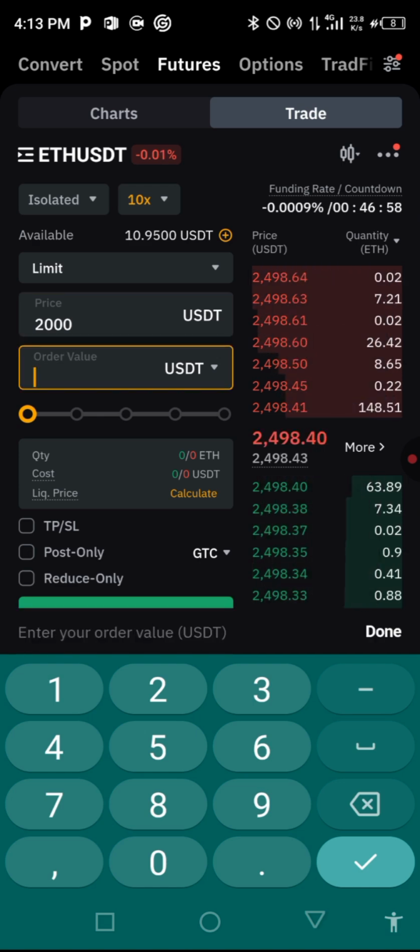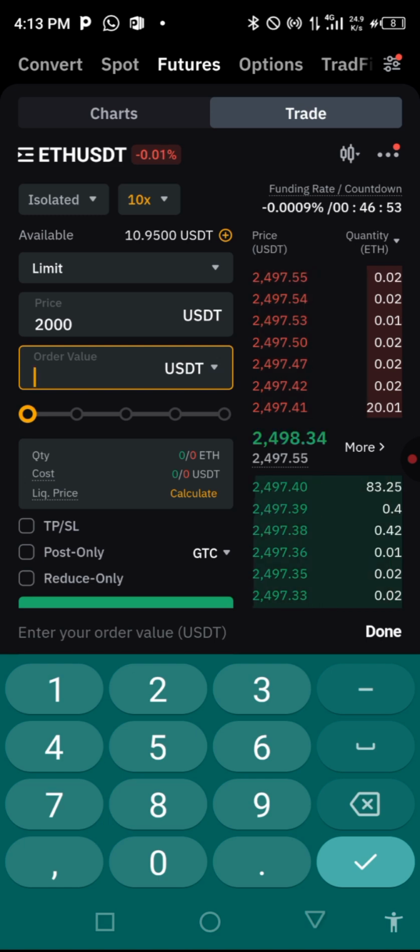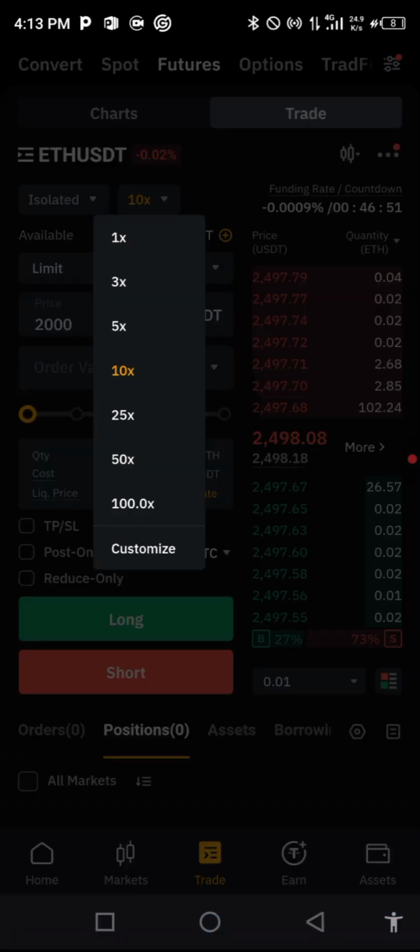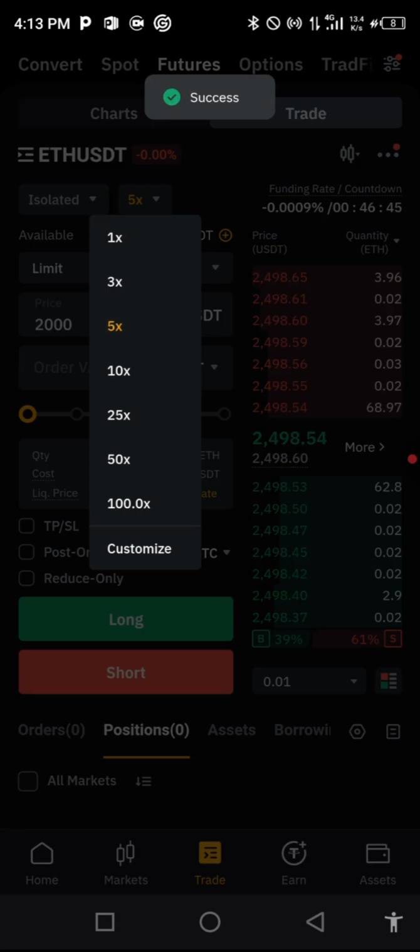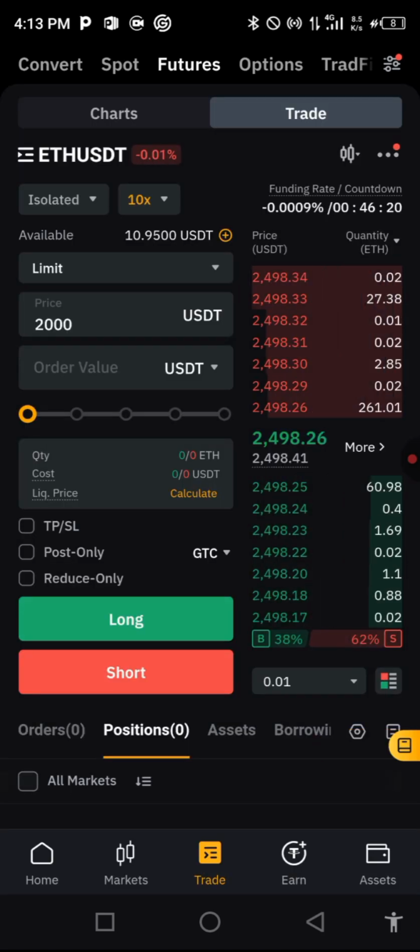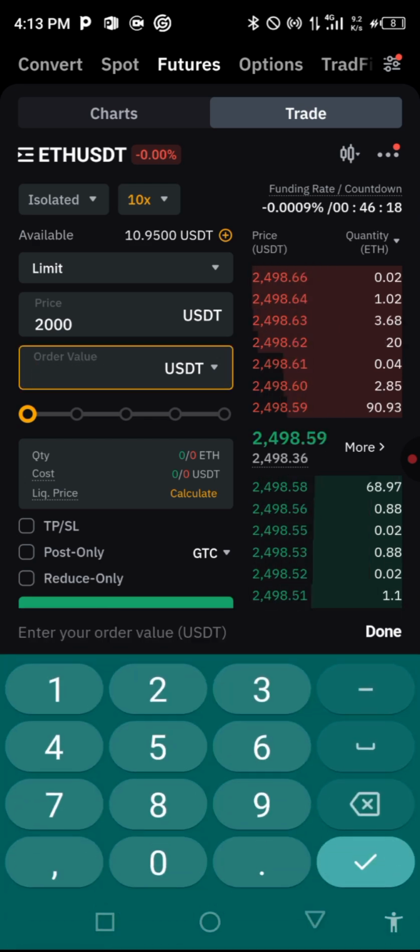And how much USDT do you want to use? Let's bring down this leverage. Let's go with 5, or let me, so now we are still using that 10x leverage. So now I'll put 50 here,